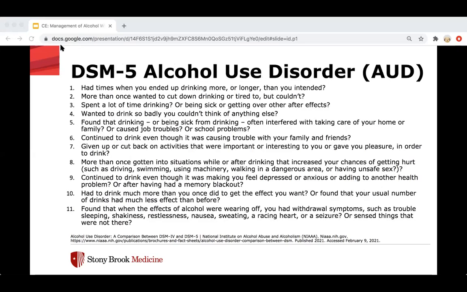So the DSM-5 actually has an alcohol use disorder clinical diagnosis. This is just for your reference. These are the questions they will go through to determine if someone actually has an alcohol use disorder. The presence of at least 2 of these symptoms indicates alcohol use disorder. Mild alcohol use disorder is 2 to 3 symptoms, moderate is 4 to 5, and severe is greater than 6